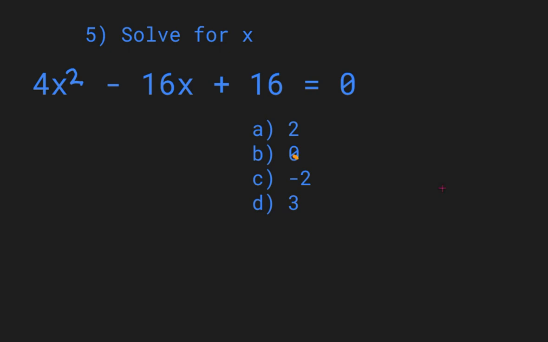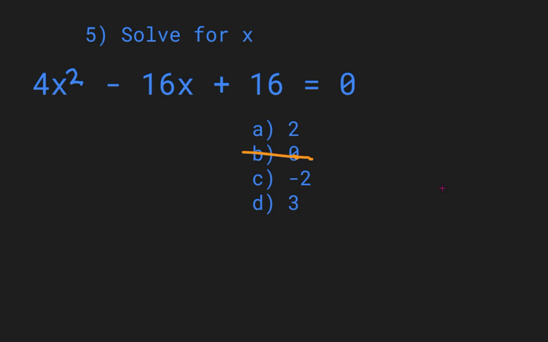0 is so easy to plug in, so let's just go try 0 out. 0 squared times 4 would be 0. This would be 0, and 0 plus 16 would be 0. That's not going to work. Okay, so 0 doesn't work. All right, let me try